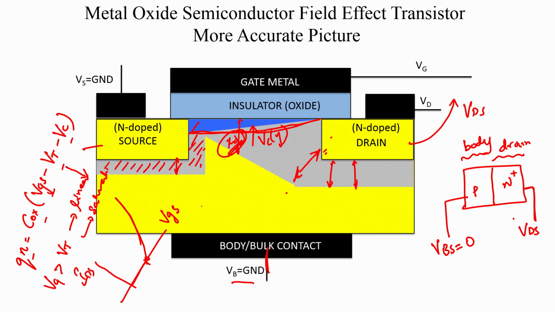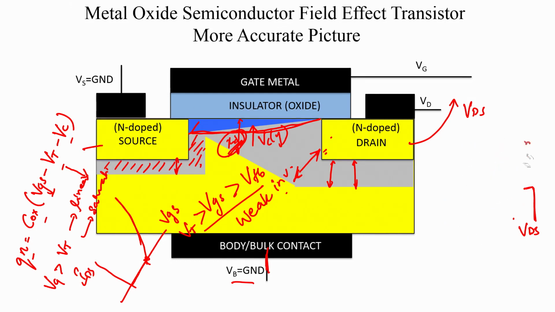And when VGS is greater than the flat band voltage, but less than the threshold voltage, you do have something called weak inversion. And what is weak inversion? Weak inversion means that the band bending at the semiconductor insulator interface looks like this. Let us say this is the Fermi level of the semiconductor, and the intrinsic Fermi level does start bending a little, and that is your depletion region, and as it bends a little more,